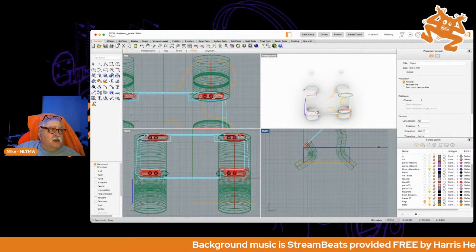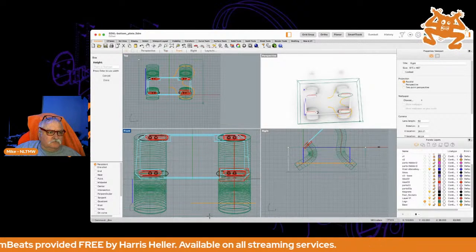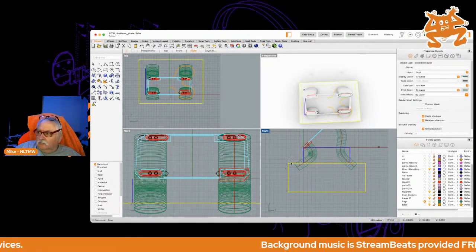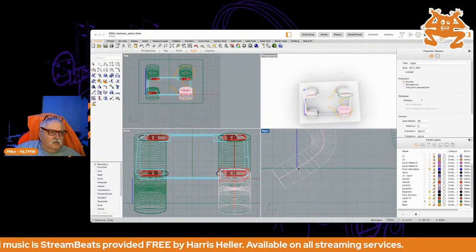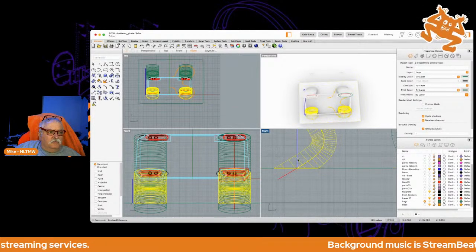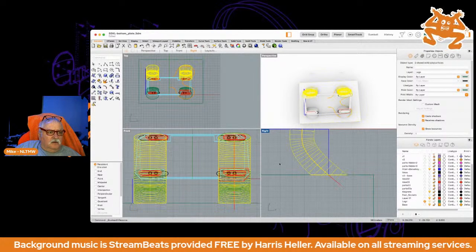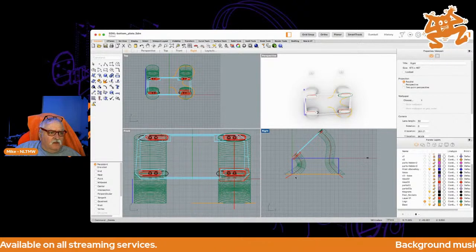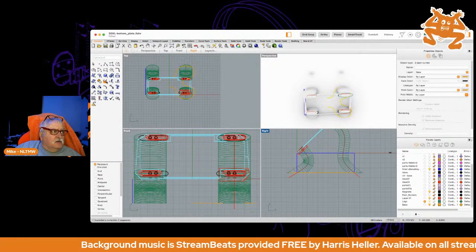Let's do another big box. Take both of those, cut off the bottom here, take both of those legs, cut off the bottom, get rid of that. Now I see how far I really have to go with these. Okay, so let's take that, break it apart,